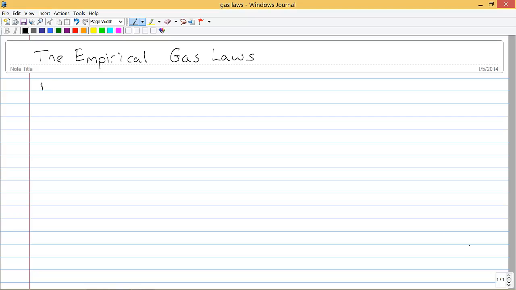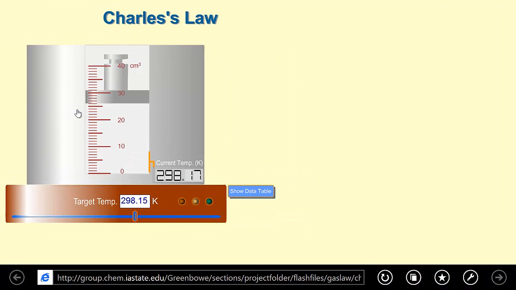And they were conducted by Boyle. So we're going to look at Boyle's law. They were also done by Charles and Gay-Lussac, which is now called Charles' law. And let's go look at these two experiments from the point of view of some simulations that show us what happens. So here's Charles' law, and Charles' law is a relationship between what happens to a gas if